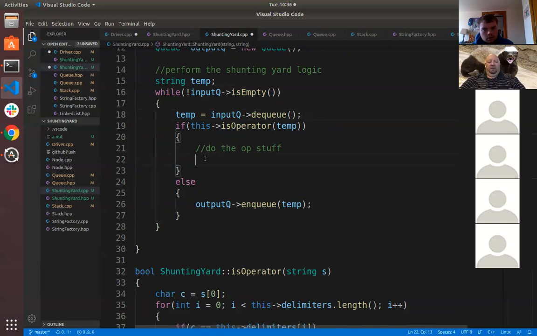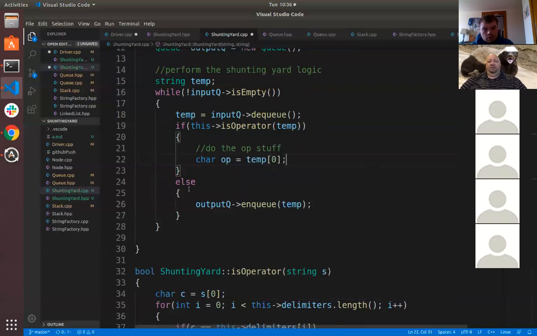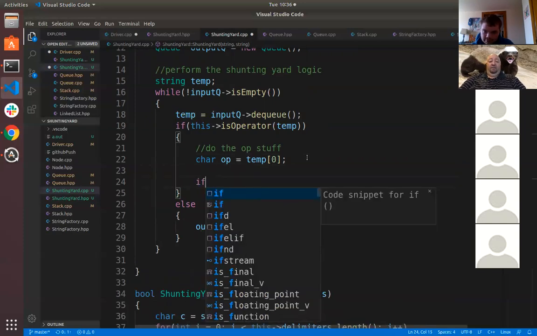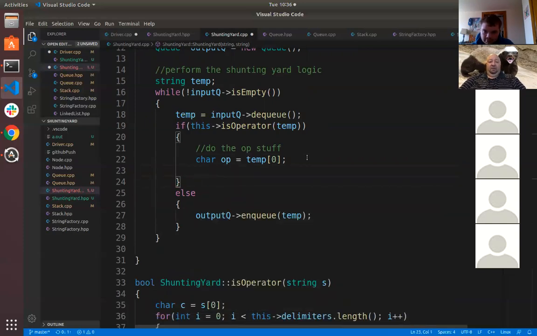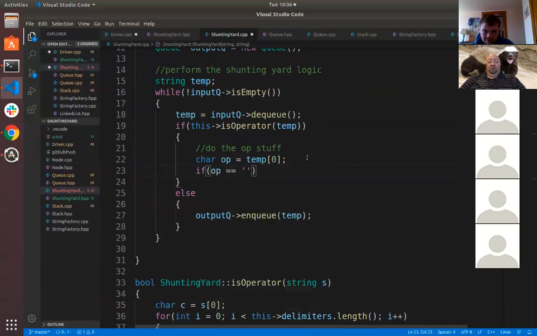Well, if I'm inside here, we'll do it like this. So we're going to say char op is equal to temp at bucket 0. We know this guy is an operator if I'm inside this if statement, so I'll just put him into a char so I can work with them more conveniently here. All right, so we're going to ask the question, if op is equivalent to